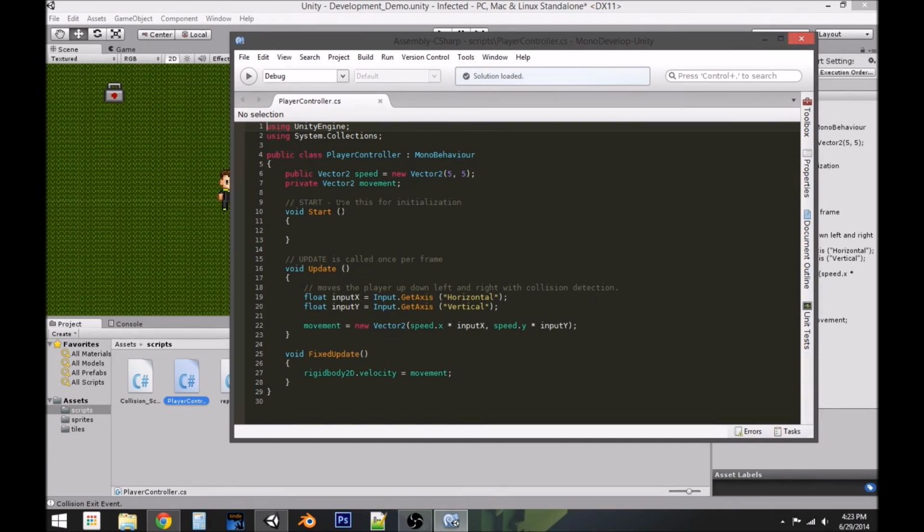So this is what I got so far. Okay, so first off, we are working in 2 dimensions, not 3, so we're using vector 2. Something to note: if you are working in 3-dimensional space, you want to use vector 3. Simple enough. Max speed for the character, whether he's moving on the x-axis or y-axis, is going to be 5,